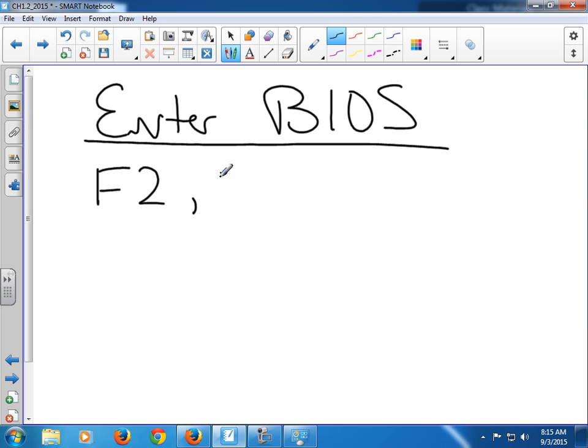It could just as easily be, on different computers, the F1 button, the Delete button, or, in some cases of HPs, they like the F10 button. Okay? If I don't know, these first 3 are the most common: F1, F2, and Delete. So you will frequently see me on a PC when I turn it on, if I'm trying to go into BIOS, going like this. And all I'm doing is randomly going between F1, F2, and Delete as it's starting. I forgot this was on. Okay? And the reason I'm doing that is because I'm trying to get into BIOS to make some kind of